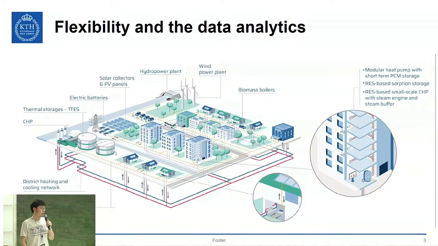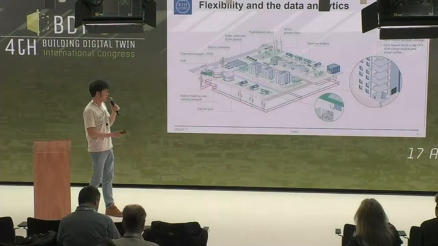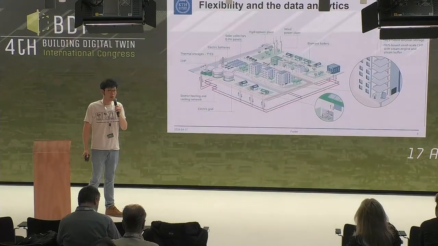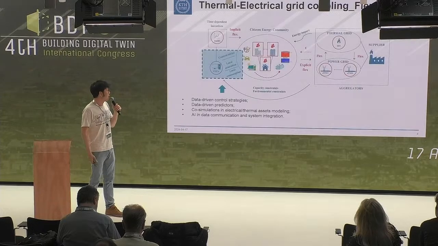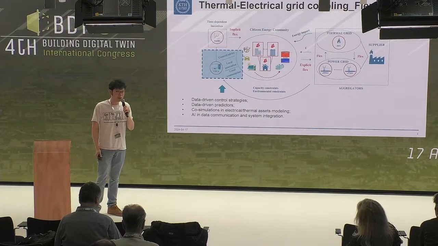In that case, we are very much focusing on the concept of energy sector coupling. This means how we can utilize different thermal assets as a margin of flexibility space to reduce the congestion of the grid. So that's the reason several, for example, power to heat and storage solutions are presented. So this is a little bit the concept, how we can increase the flexibility by energy sector coupling.